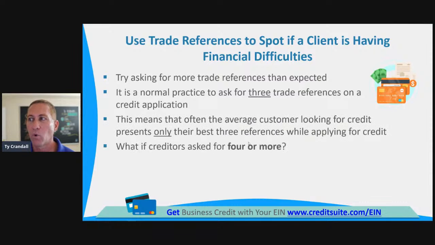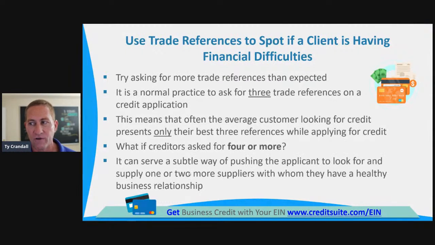Now try asking for more trade references than expected. It's normal practice to ask for 3 trade references on a credit application. This means that often the average customer looking for credit presents only 3 of their best trade references. But it can serve as a subtle way of pushing the applicant to look for and supply 1 or 2